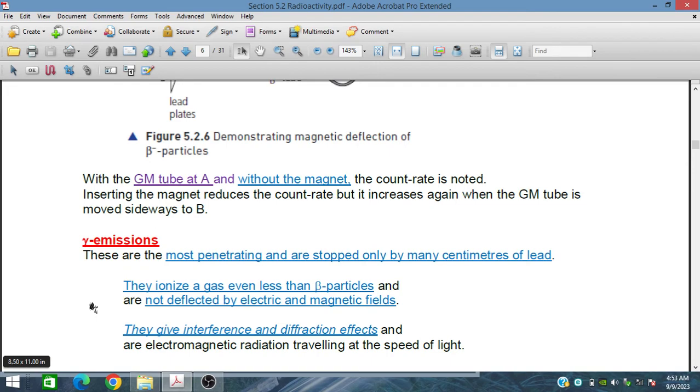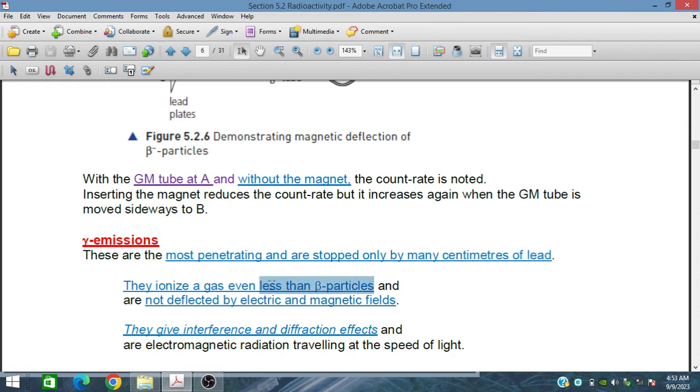Gamma emissions are the most penetrating and are stopped only by many centimeters of lead. So gamma emissions have the most penetrating power, and lead is used to stop them. Gamma is very difficult to stop, and it ionizes the gas even less than